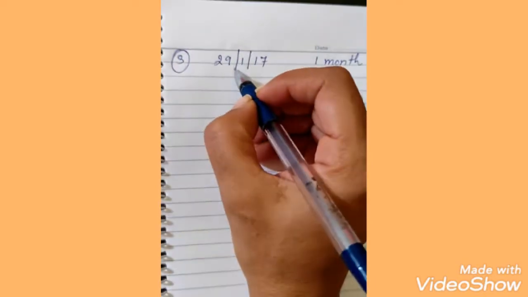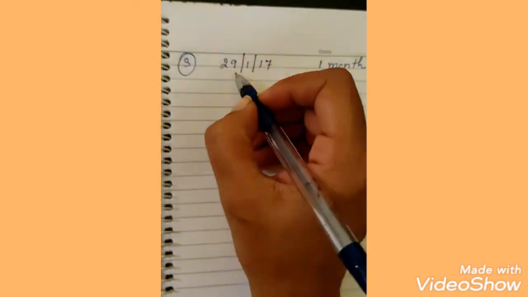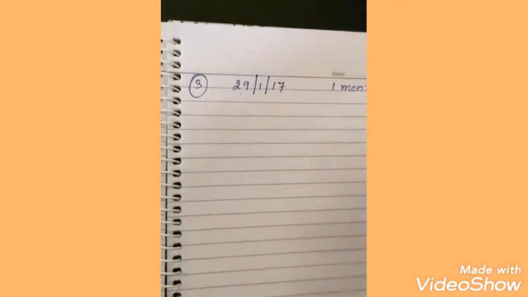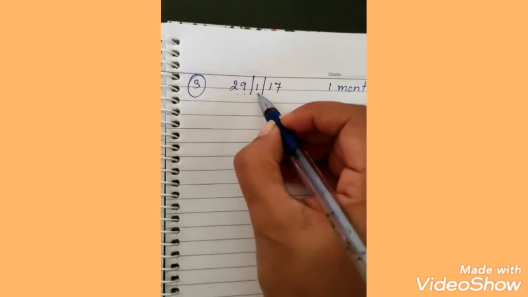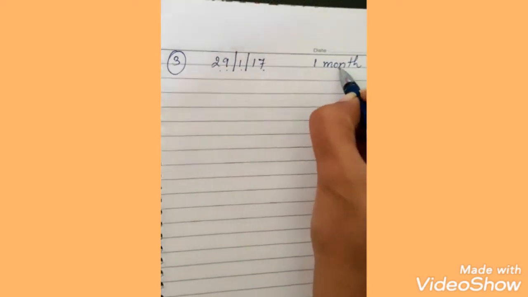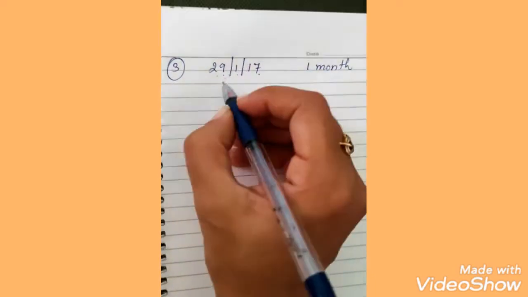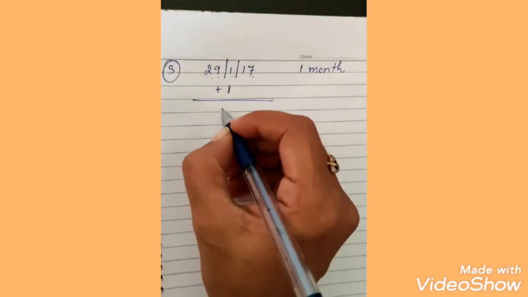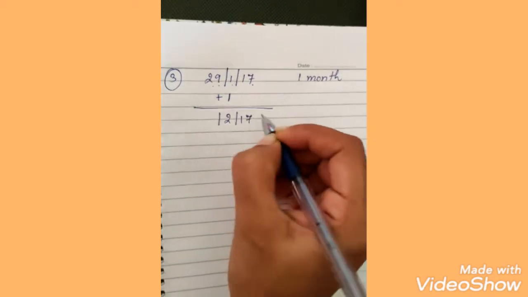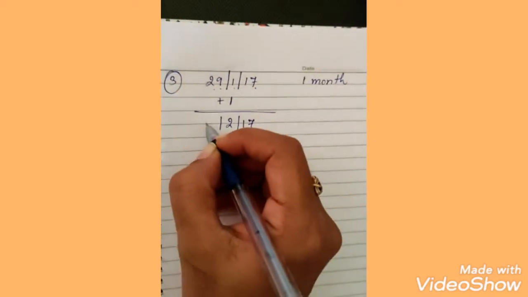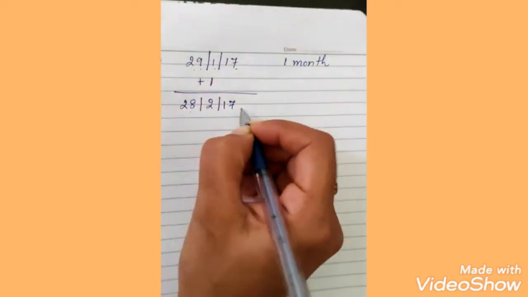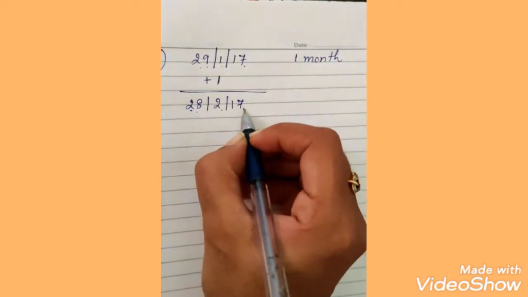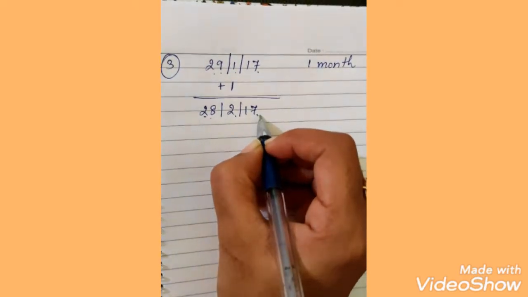Now we'll move ahead to the next example. Suppose the bill is drawn on 29th January 2017 and the bill is drawn only for 1 month. So again I'll add 1 month. In the month, add 1. You'll reach February, but here I cannot write 29. Right? It will be 28 Feb only. So 28 Feb 2017, then I have to add 3 days of grace.